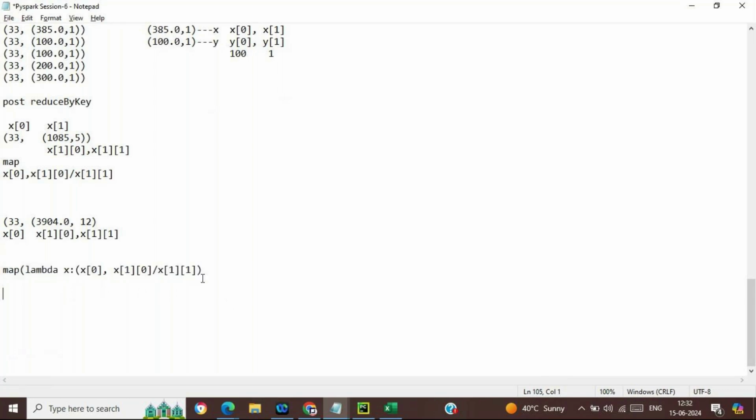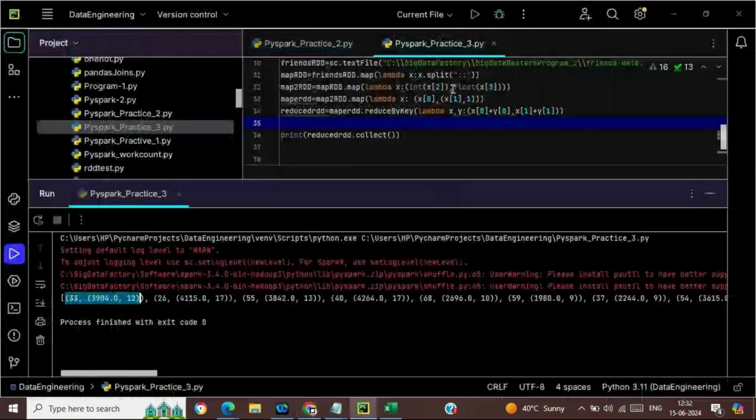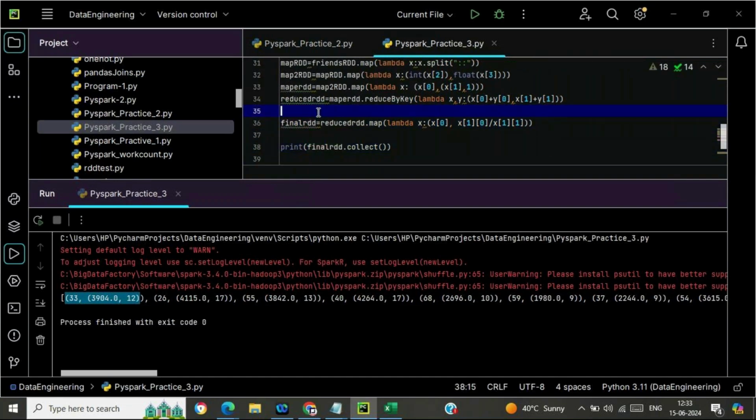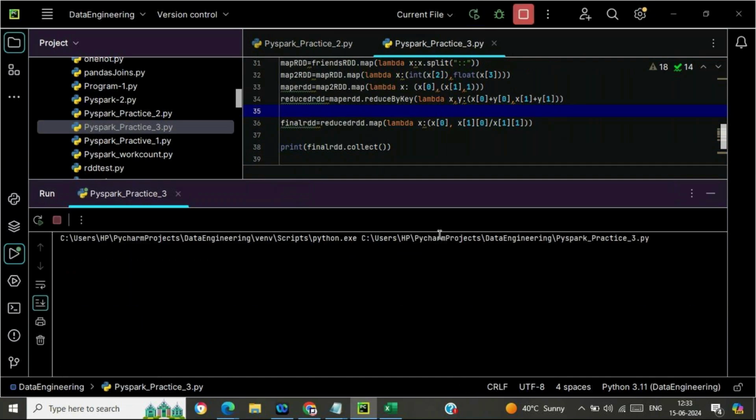So let me copy this and paste it onto the PyCharm IDE. I'm going to apply this onto the reduced transformation dot map, and it will be final RDD, and final RDD dot collect. Let me do the execution.